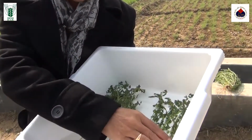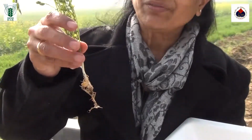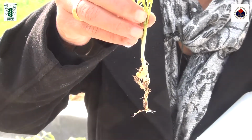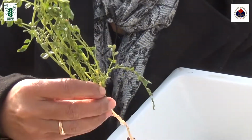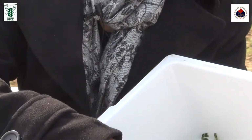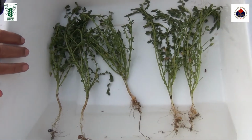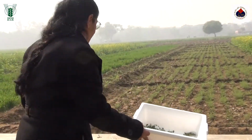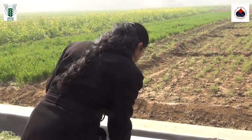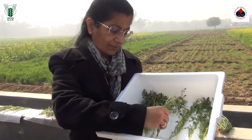So this is a low nodulating category where I can see about 4 to 5 nodules per plant. The root system is also less, and the number of nodules per plant is also less. So I have categorized these 5 plants with about 4 to 5 nodules per plant. This is one category. Then from another field, the same field, and maybe a little